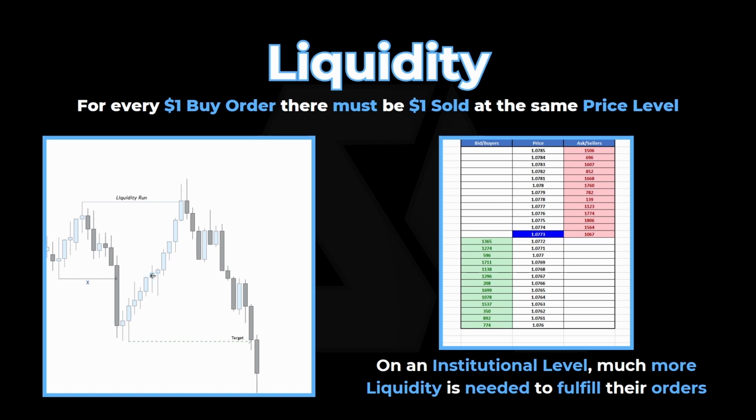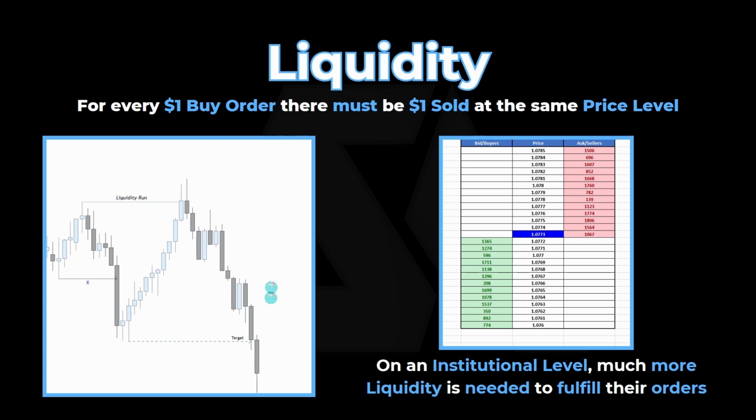of smart money itself. What we're going to go over is two specific concepts. One is going to be liquidity, and the other is going to be volume. Now, liquidity from a fundamental standpoint represents that for every $1 buy order, there must be $1 sold at the same price level. Now, if you want to apply this from a candle perspective, if you look at a chart here,